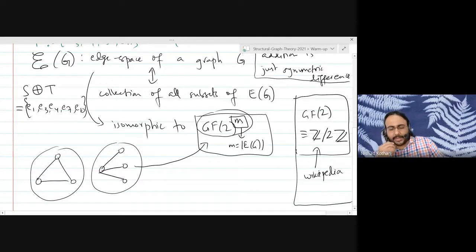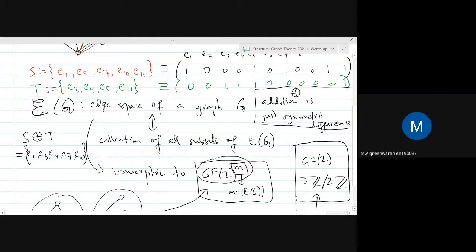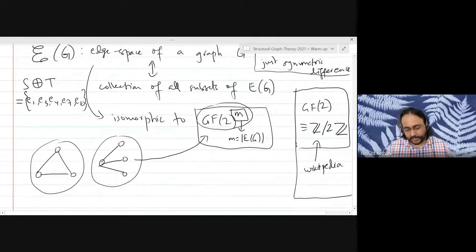We are not going to require any deep concepts from this algebraic stuff. But I still want you to be able to follow it at least in a graph theoretic sense. So if you want to focus on the graph theory side of things, what you are doing is looking at all subsets of the edge set, and you are considering addition to be the symmetric difference operation. If you're not too familiar with the vector side of things, it should be fine, right? But if you want, you can just read a bit on Wikipedia, for instance.